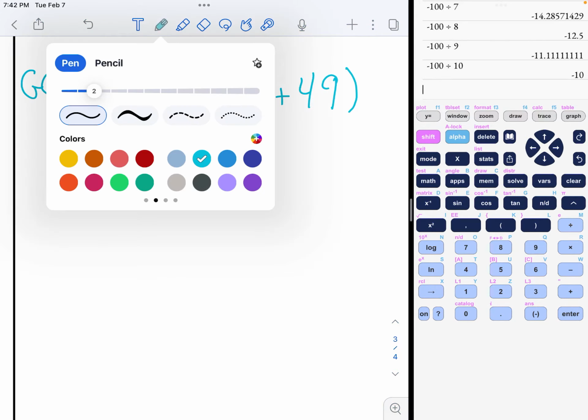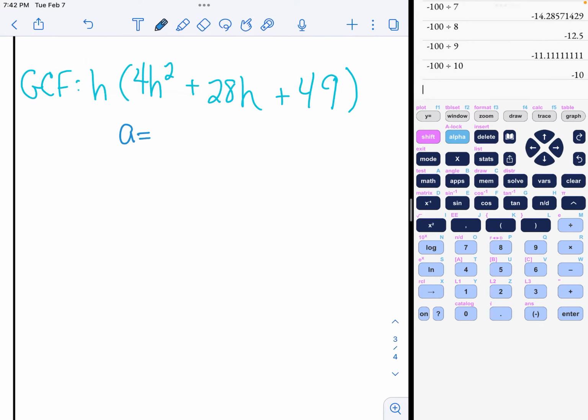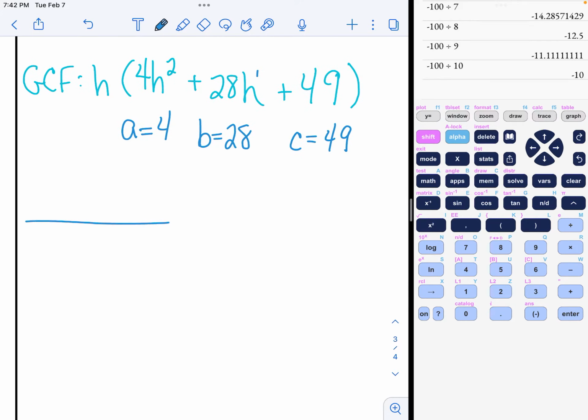Now I find a, b, and c. A is in front of the squared term, b is in front of the power of 1 term, and c is the constant at the end. Please don't put variables with a, b, and c. Now I go to my chart. A, C, and B. B is 28, and 4 times 49